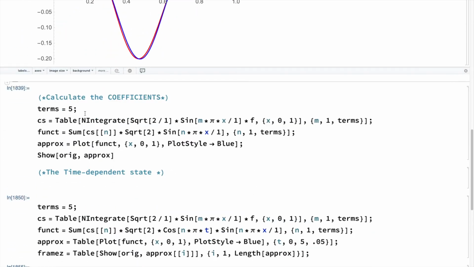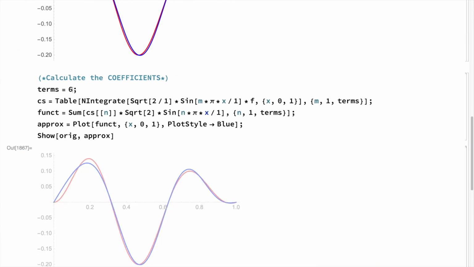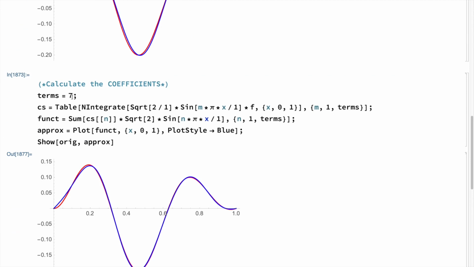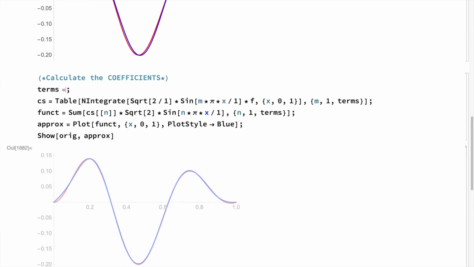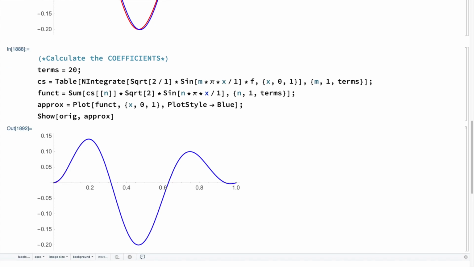I have it set up so that I can do better. So this is the comparison with 5. Here's what happens if I go to 6. Here's what happens when I go to 7. Here's what happens when I go to 8. Here's what happens when I go to 10. Here's what happens when I go to 20. And suddenly, once I get to 20, you would ask yourself, do I really need to go any further? I don't seem to be adding much to the series after I've hit about 10 or